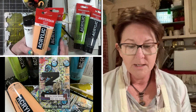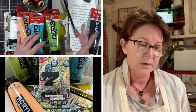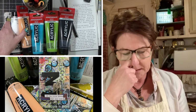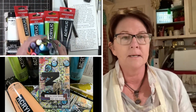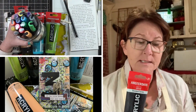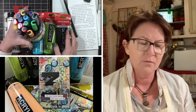I really like the Amsterdam acrylics, but you can use whatever you have. If you have craft paints, or professional paints, they work really well. It's just kind of hard sometimes thinking about the price of it. As long as you're going to use the prints, then go for it. But these Amsterdams are really inexpensive. I think this here was $3.99, and